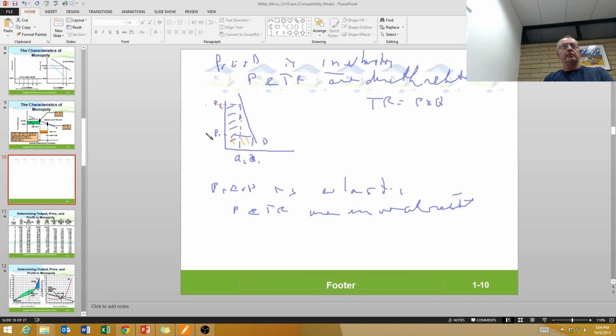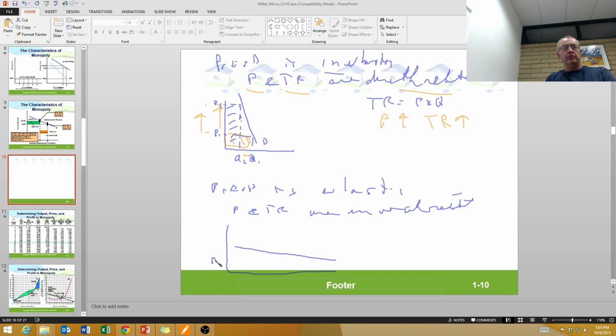So if we start at P1, our box is this big, and as our price increases, yes, our quantity decreases, but our box grows in size, and so as our price increases, our price and total revenue are directly related. Increased price, total revenue increases. So if we have an elastic demand curve, so the demand curve is relatively flat,